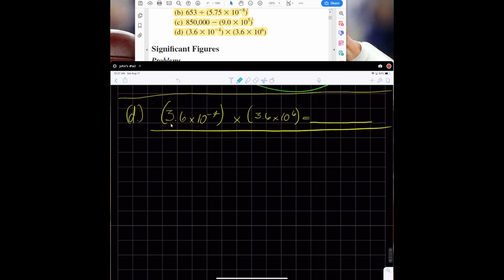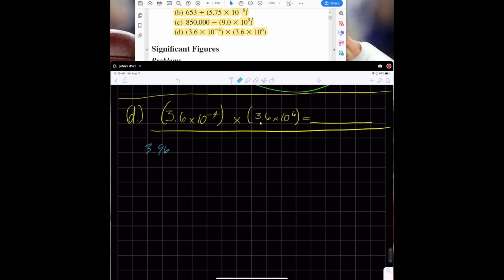So we could mention first, it's always important we identify how many sig figs that we have. Left side we have 2 sig figs. Right side we have 2 sig figs. So that means both numbers have 2 sig figs. It's multiplication. So that means that our answer will be reported with 2 significant figures. Okay? So we could do either portion first. We'll start with the front portion. 3.6 times 3.6. Okay. 3.6 times 3.6 is equal to